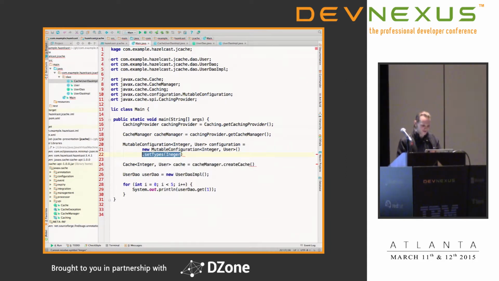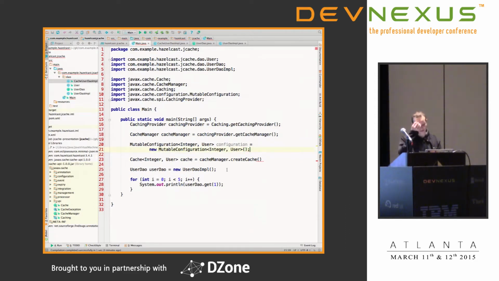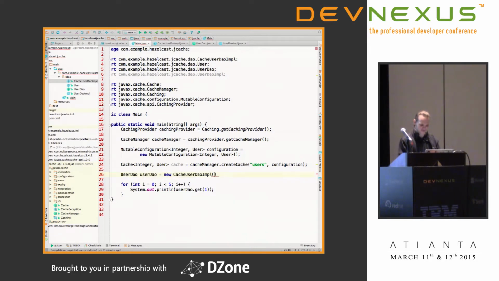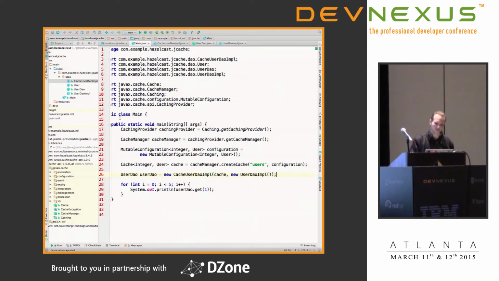Let's remove that. So you don't need to have these runtime checks. They might be nice depending on your use case, but you probably don't need them. I guess this depends on how much you trust the other developers to do the right thing or not. And then we create our cache user DAO. We put in the cache and we put in the repo one. And if we start up that one,